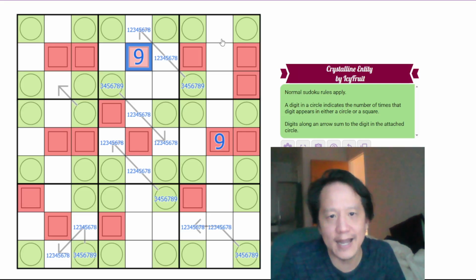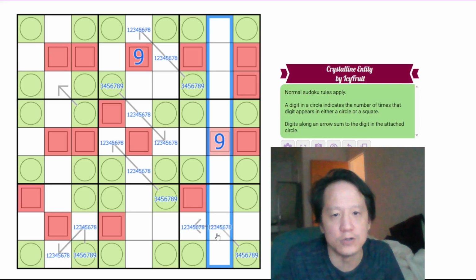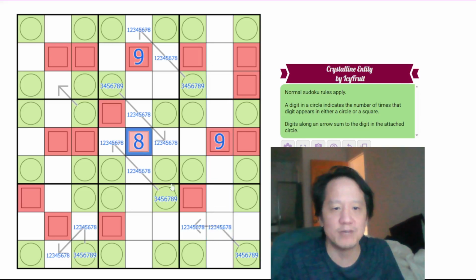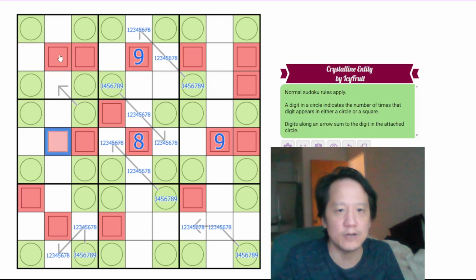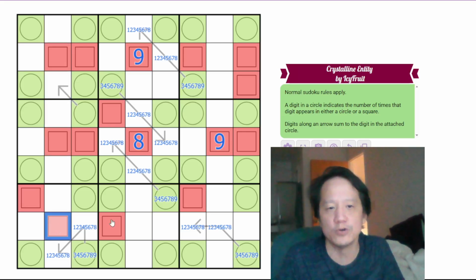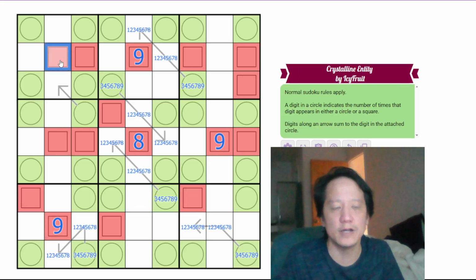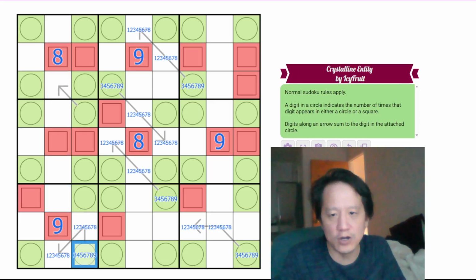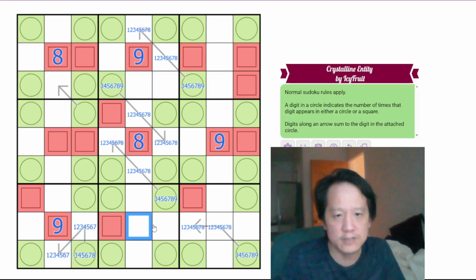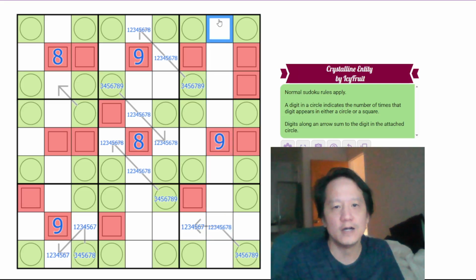So because of that, 8 has to be in all the columns and rows except for this one, right? So this must be an 8. This can't be 8 or, is this 8? I don't know. Oh, where's 9? 9 cannot be either of these two in column 2, so it must be here. So that's 9. 8 can't be here. 8 must be here then. And that's all that's guaranteed. So this can no longer be 9. These can't be 8. You can't have an 8 anywhere outside of a circle or square except for column 8